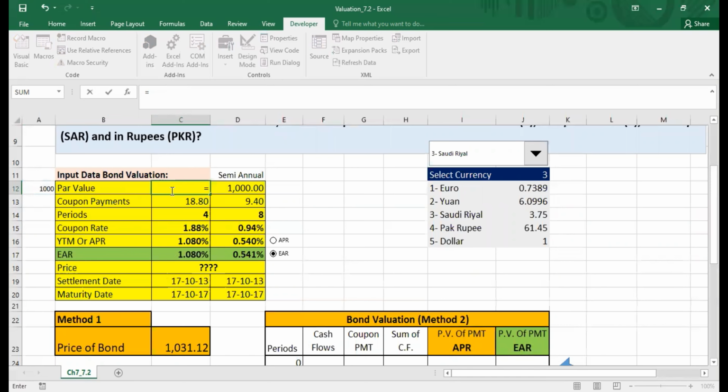So over here, simply, is equal to if. Then we start our argument basically. If what? If this cell is equal to, we are going to start with 1. If this cell is equal to 1, which is euro, then we use a comma and multiply the par value, which is 1000.